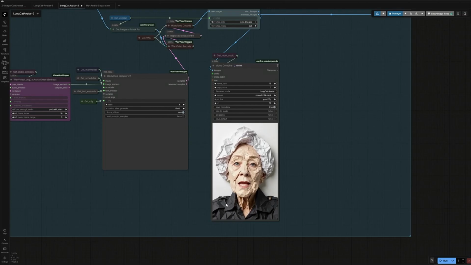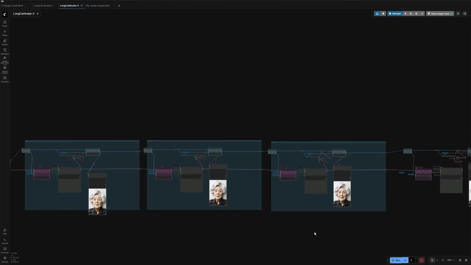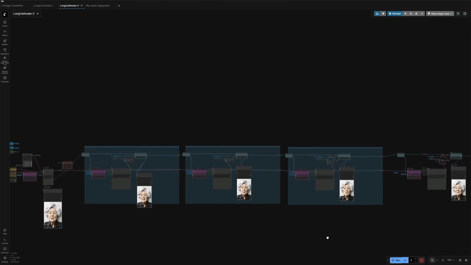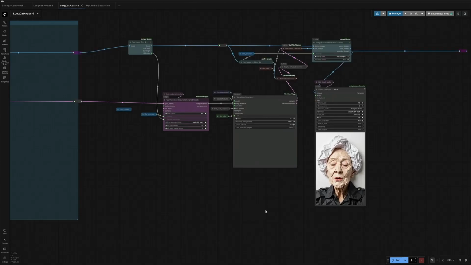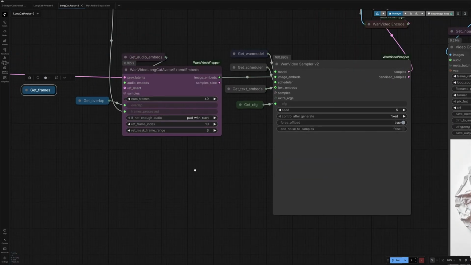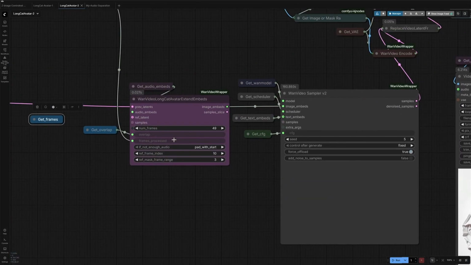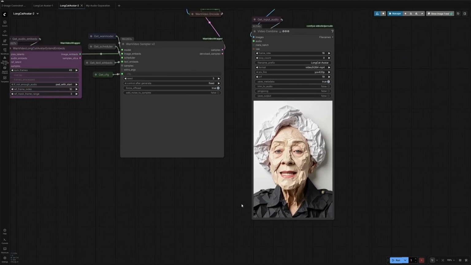Even the birds. In the ancient land of Eldoria, I was expecting the 19-second speech with a pause, but these 4 clips were not able to cover the 19-second audio clip I uploaded. So I copy the group of nodes again, and the number of frames, 48, was enough for a 3-second video, which should cover the remaining audio file. You see 49 here due to one extra frame, as we always do. This get frame is disconnected because it puts the value 81 as it does on all the node groups.